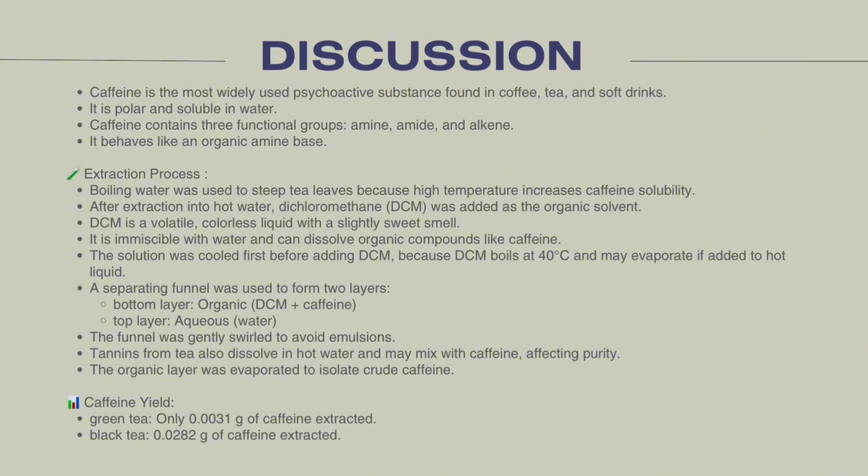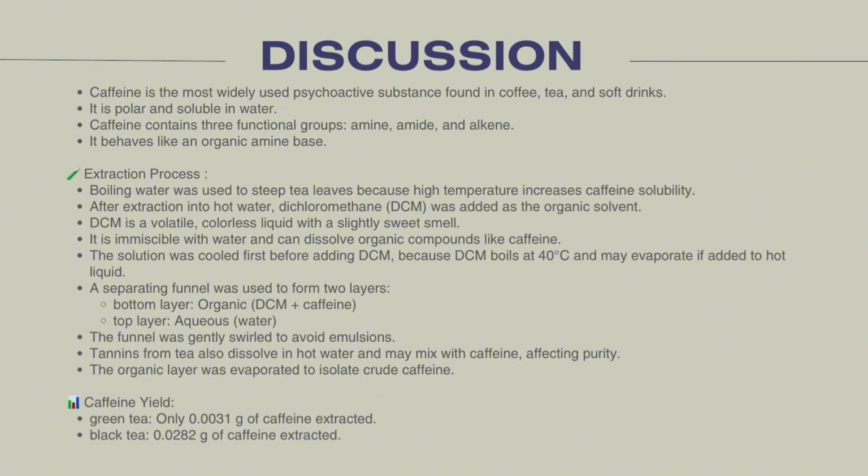Extraction process. Boiling water was used to steep tea leaf because high temperature increased caffeine solubility. After extraction into hot water, dichloromethane was added as the organic solvent. Dichloromethane is a volatile, colorless liquid with a slightly sweet smell. It is immiscible with water and can dissolve organic compounds like caffeine. The solution was cooled first before adding dichloromethane because dichloromethane boils at 40 degrees Celsius and may evaporate if added